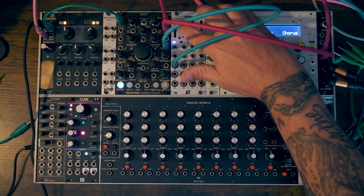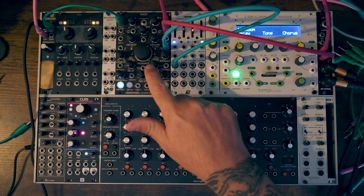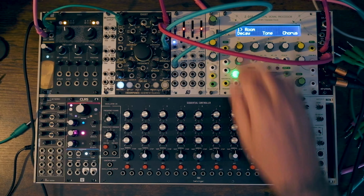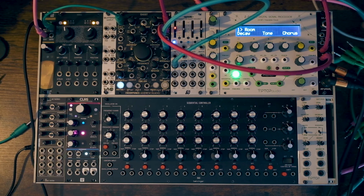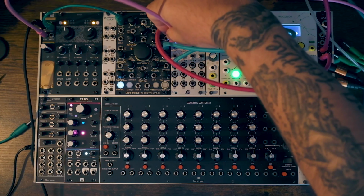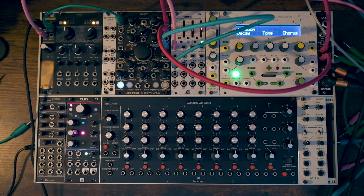So you can see the LED on Batumi is determining the rate of change of the resonance. I'm just going to reduce that a bit. And there are some definite use cases for this, but how about if we controlled this using our envelope follower? So I have the envelope follower plugged there. I'm going to patch that into Batumi. So now the cycle of the LFO starts when the envelope follower picks up that stronger signal. I need this to be...